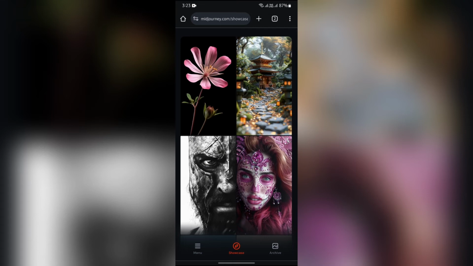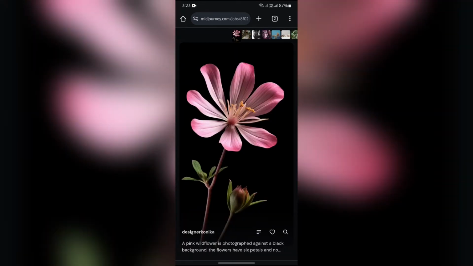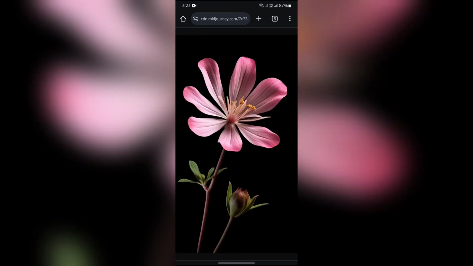Now you just simply have to select the picture which you want to download, and after that tap into these three bars at here. Just simply tap into three bars and then you will get the option of download. Now in order to download, just simply tap into that download button and you will get the image into different